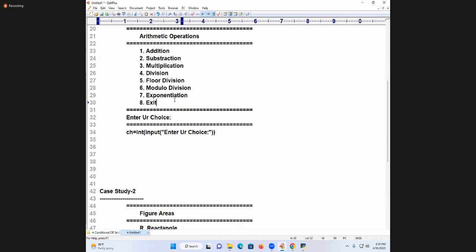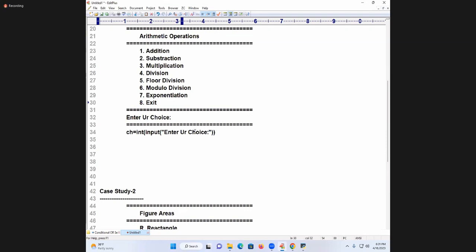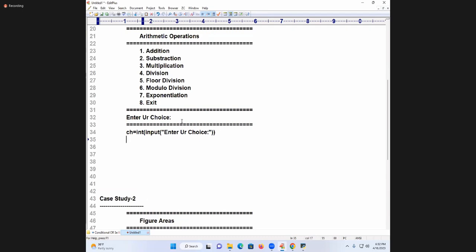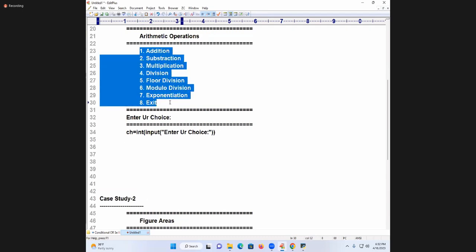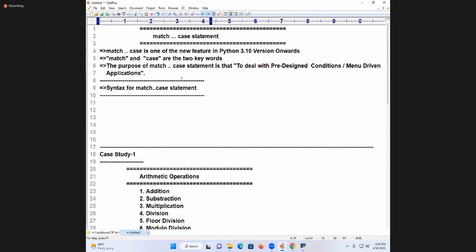There is a chance you may ask a question: sir, they will enter 44. What will I do? I will tell you all the things in the class. Today, in the complete class, I will discuss only that. Now, see students, CH is equal to int of input of enter your choice. After that, I can happily write this with if, if else, or if elif also. But to write clear and readable code, it is better to go for which operation? Match case. Instead of writing clumsy, unreadable and confusing code,